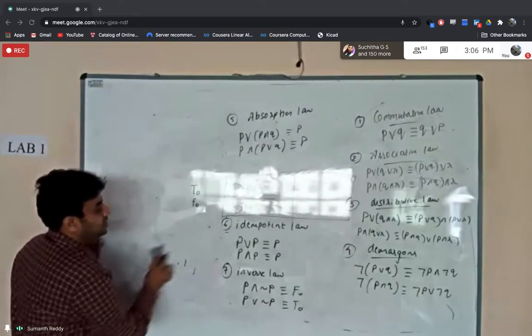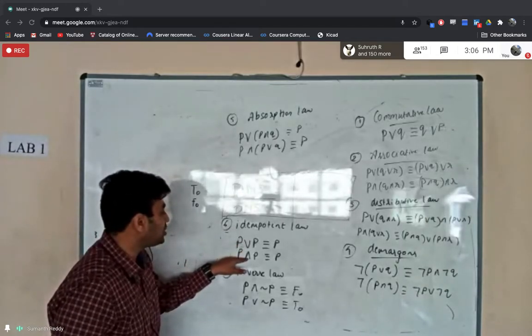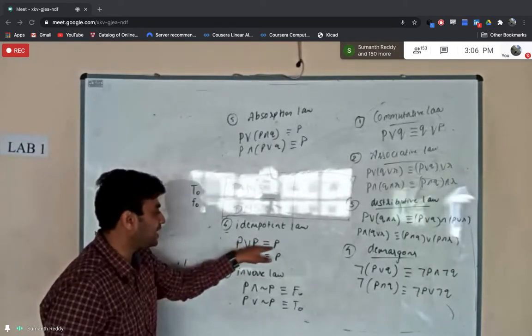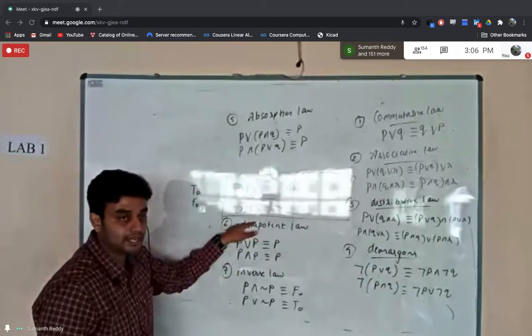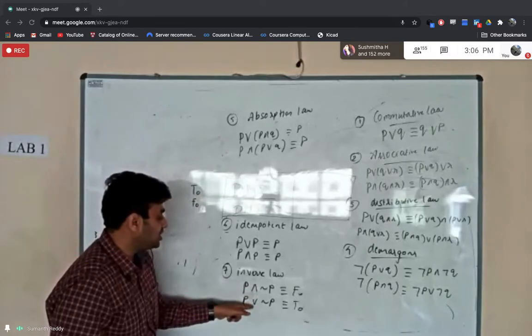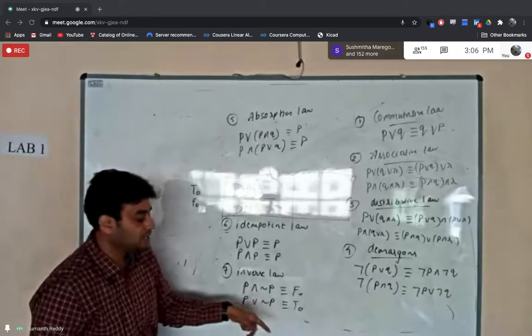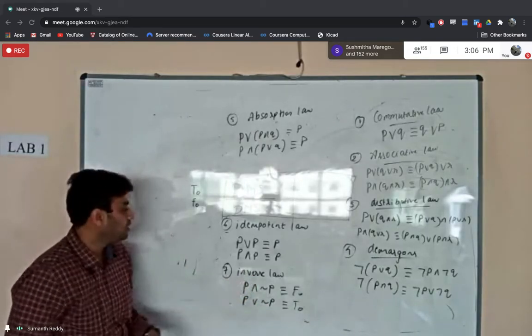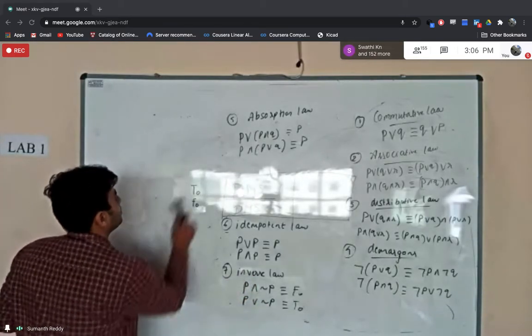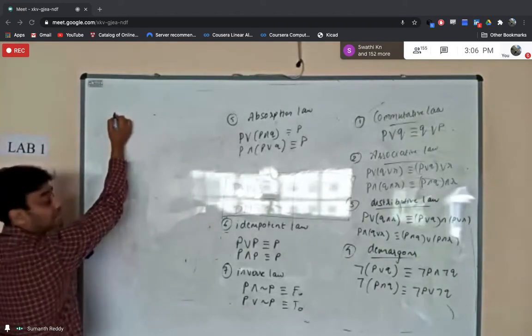You have to remember that if you perform the disjunction or conjunction of any proposition with itself, you will end up getting the same proposition. According to which law? Idempotent law. And the inverse law states that if you perform the conjunction and disjunction with its negation, you will end up getting contradiction and tautology. So this is based on the inverse law. So already we have 7 laws. Now, two more important laws. Even if I write here, it will be visible.